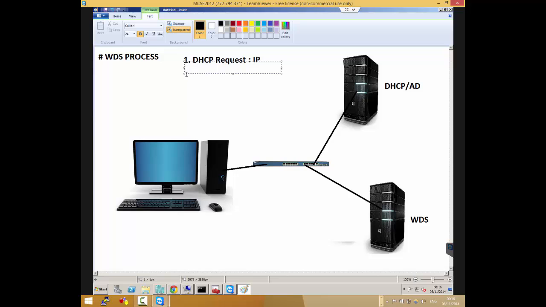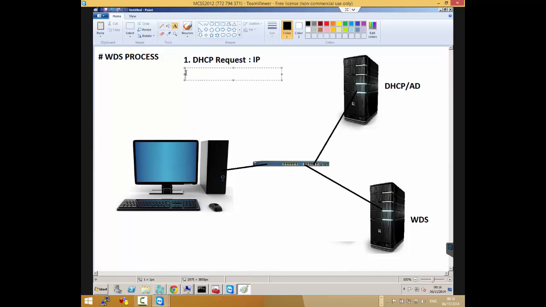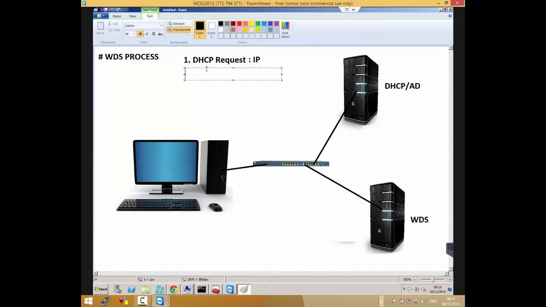Is it going to request the WDS? Well, it's not going to know how to. I guess that's my question. It's been a long time since I've used WDS. Yep. When you do a network boot, it's going to get an IP, and then it's actually going to look for an actual server to answer the boot. Yeah. It's an image server basically. Yeah. So it's going to ask for that.